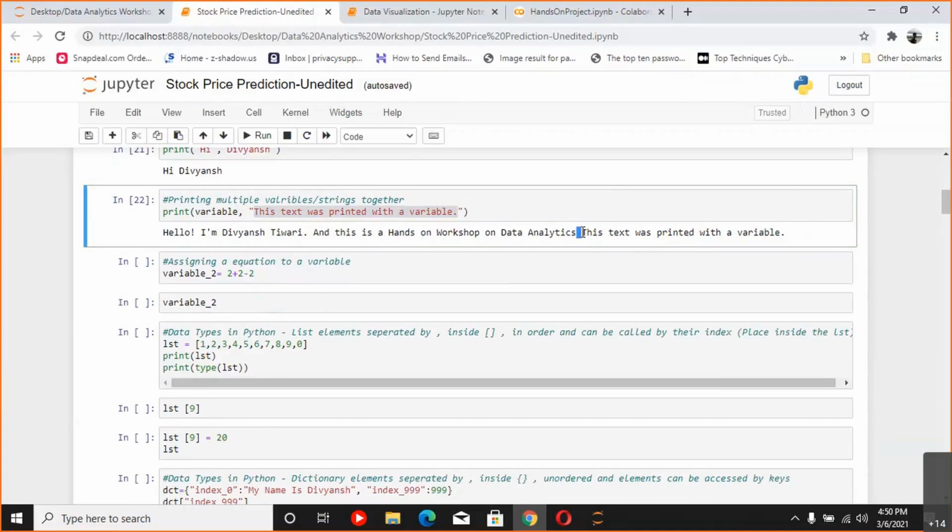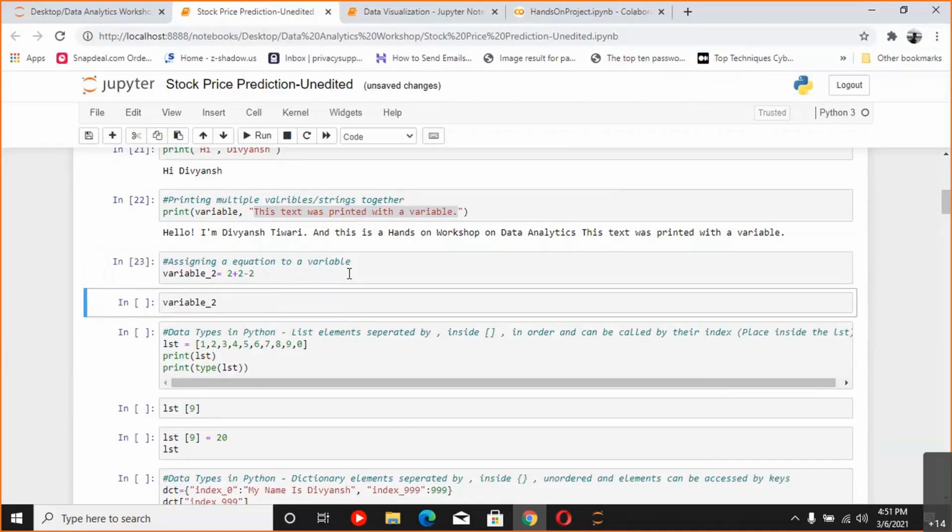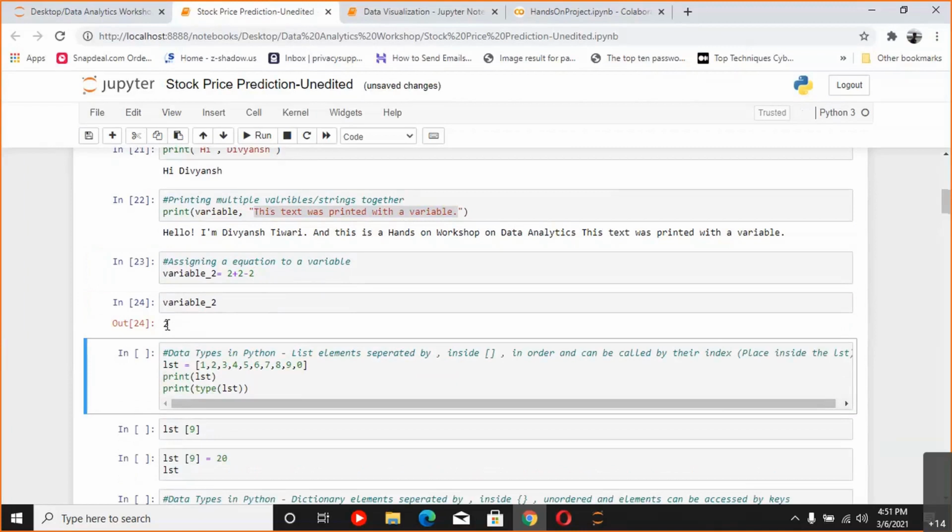by a space. Next, you can also assign an equation to a variable, and if you do that, then the equation will be solved by the Python compiler itself, and the final value will be assigned to the variable. So if I have written 2 plus 2 minus 2, then the answer, which is 2, will be assigned to the variable 2. We can see the variable 2 will return answer 2. Similarly,